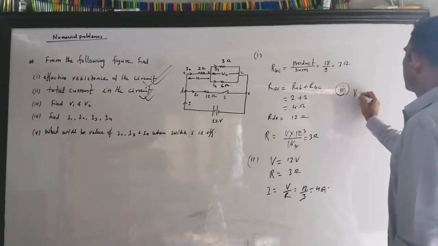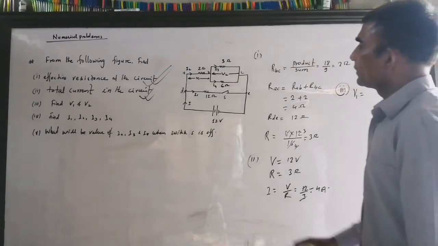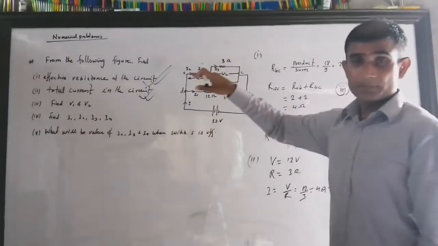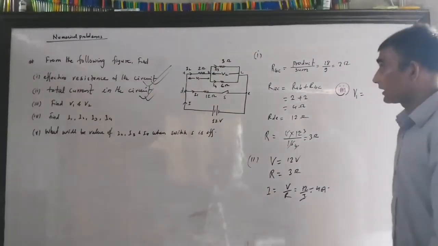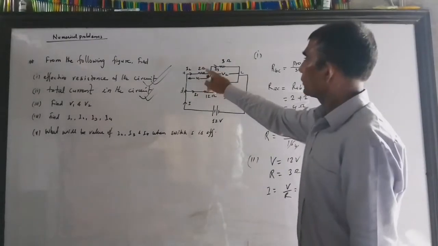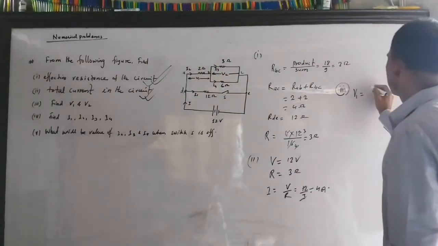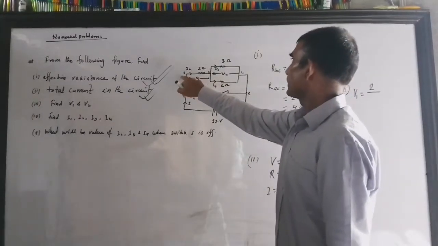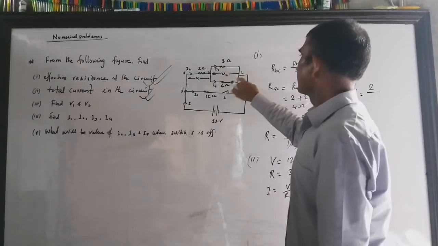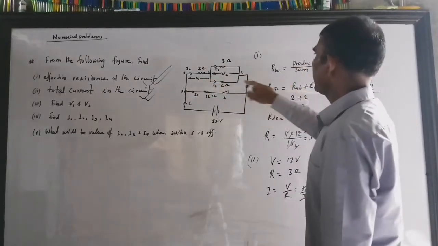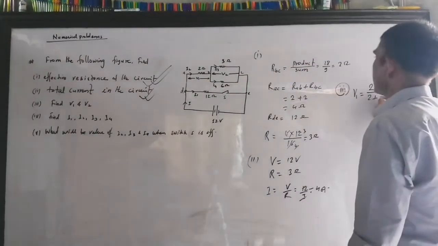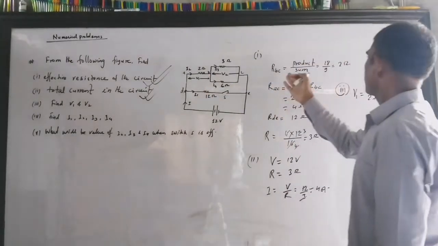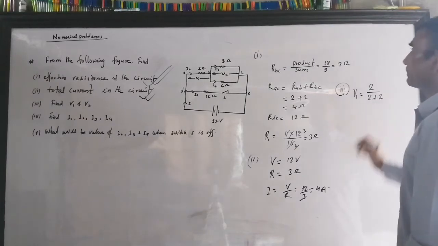So this is already given, V1. I told you about the voltage divider rule. If two resistors are in series, then you can use the voltage divider. So I have to find the voltage across the 2 ohm resistance. Now the total resistance in that branch means AB plus BC. RAB is already given, that's 2 ohm, and RBC you found. What is BC? Tell me. RBC was 2 ohm. So 2 ohm.